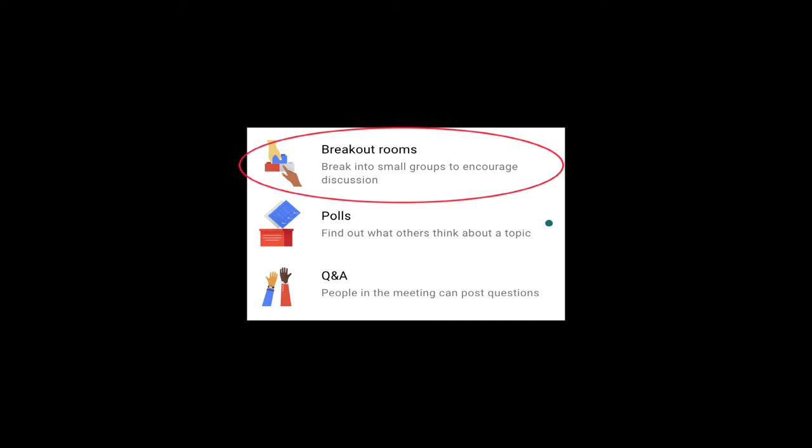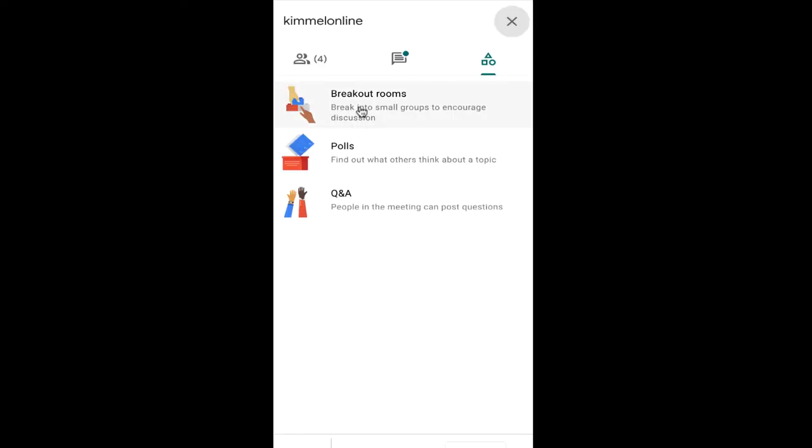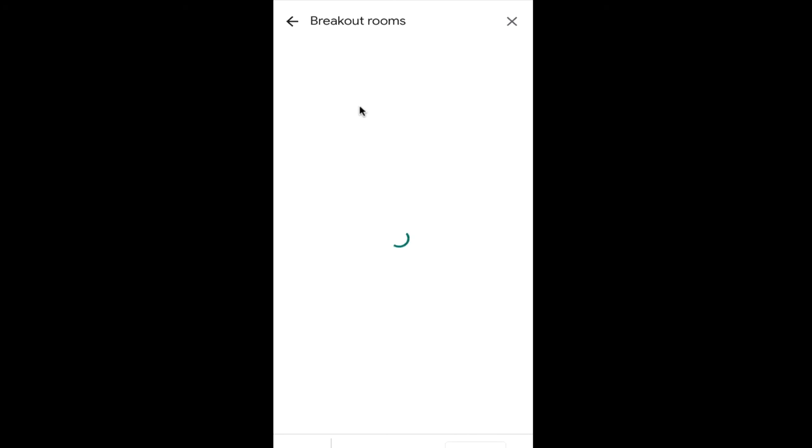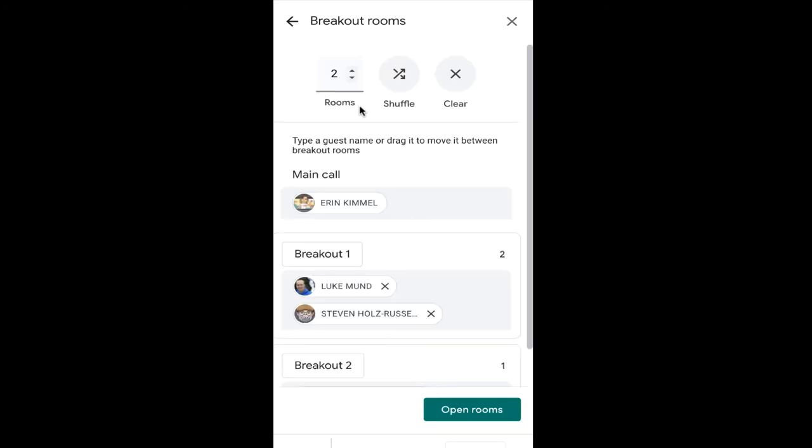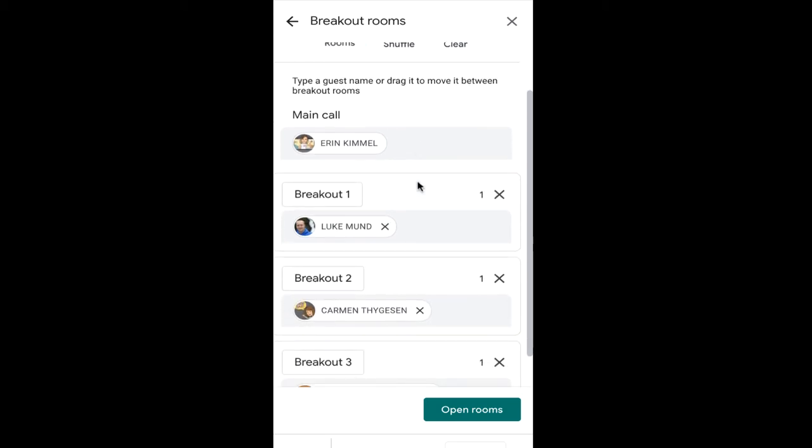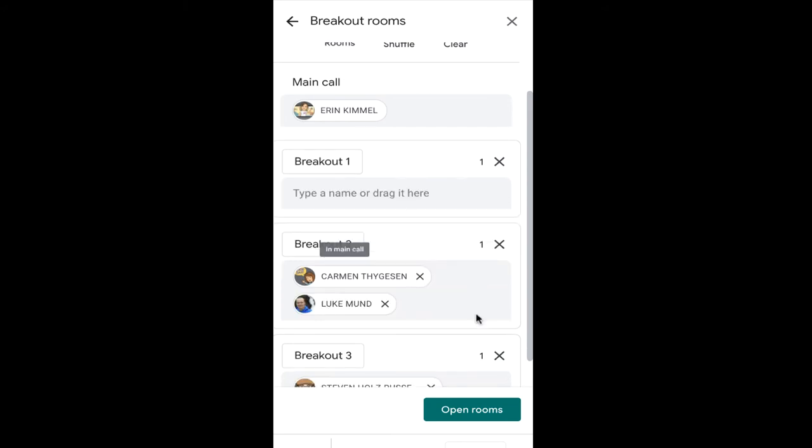Breakout rooms have been one of the most anticipated features of Google Enterprise. When you open the room, it will automatically determine how many rooms you need based on the number of participants in the call and will allocate them evenly. You can make adjustments to that number, and you can start to move participants around either by dragging and dropping